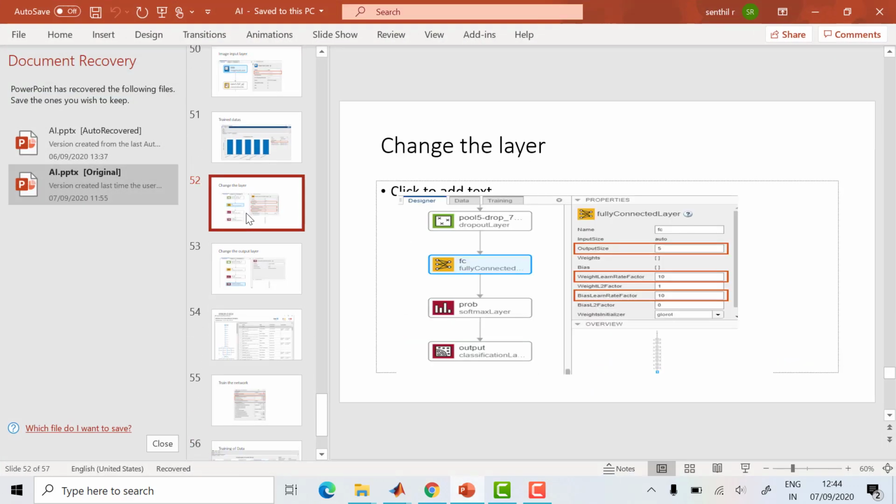One minute, I have just stored how much I have to put in the fully connected layer. Output size is 5 because of the images you have selected. The output size should be 5 and the weight learning factor should be 10, and 10.